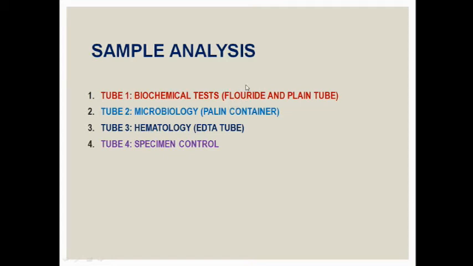Unlike in the fluoride tube, which we use for CSF glucose, because RBCs are dependent on glucose. If RBCs are present, they are going to utilize the glucose present in the sample, and the estimation will give you false low values. That's the reason it's better to collect in the fluoride tube, especially in traumatic conditions like subarachnoid hemorrhage, wherein RBCs are plentiful in the sample. In such a diagnosis, it is very important. Of course, in a meningitis case, if you want to diagnose meningitis, we can even collect the sample in the plain tube itself for glucose as well.